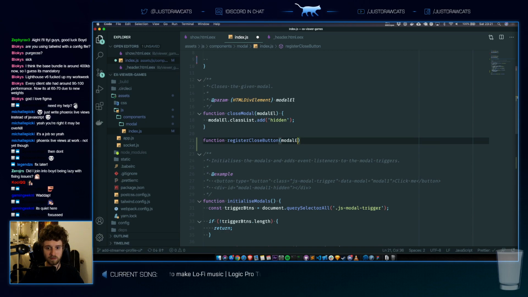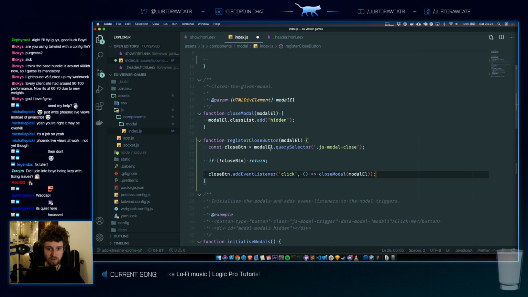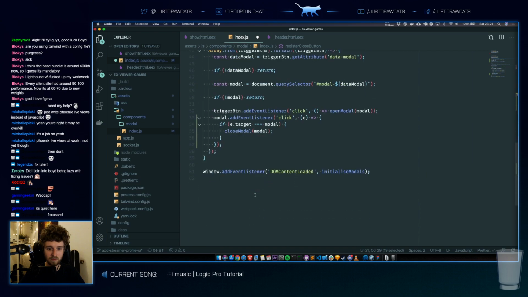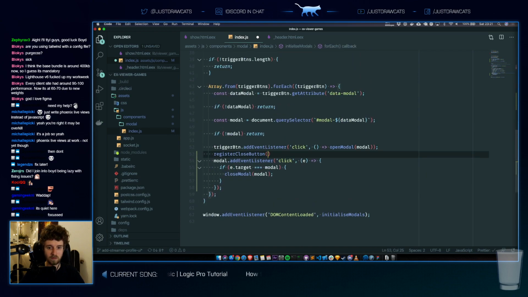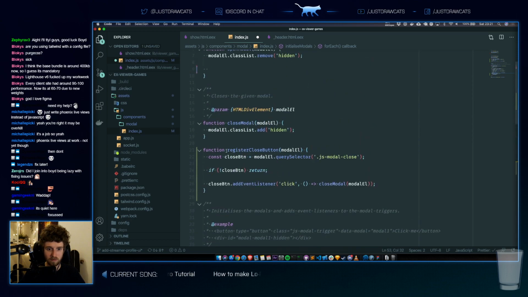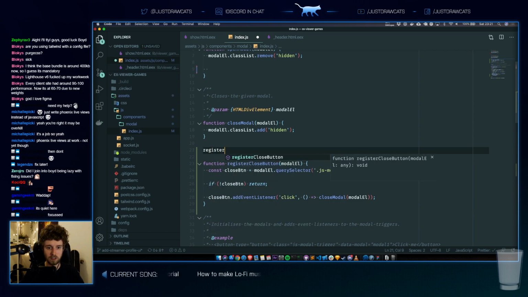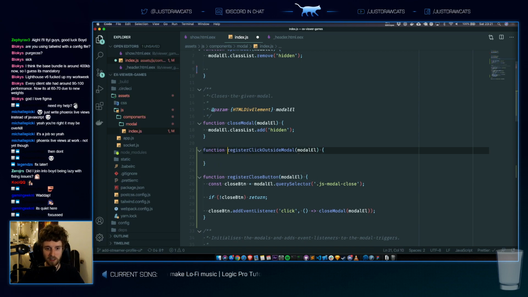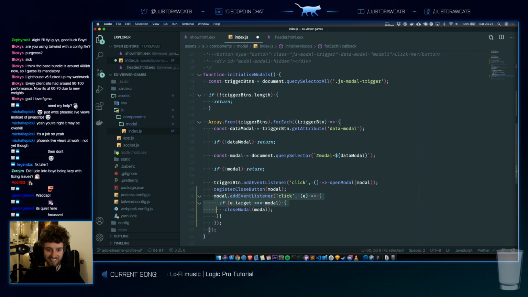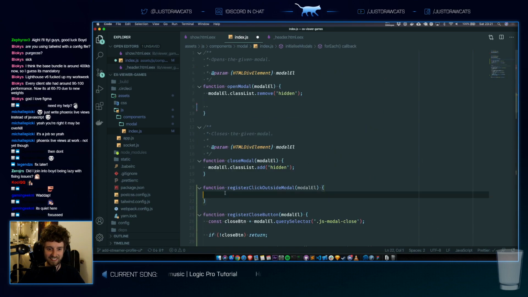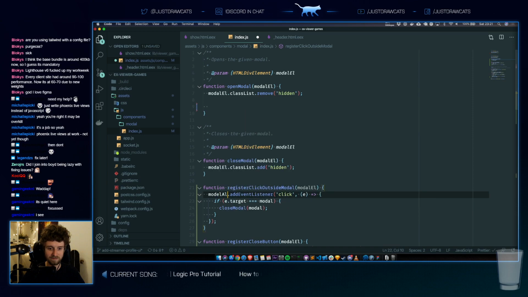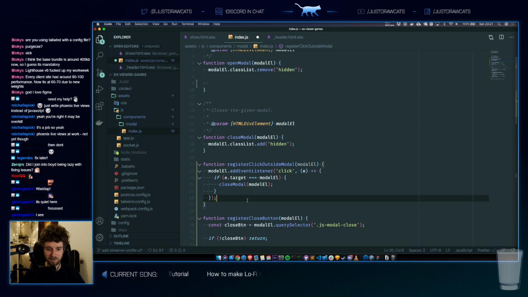Modal. Register click outside. Modal. Super hacky, but whatever. It works. That's what matters, right, chat? That's what matters.